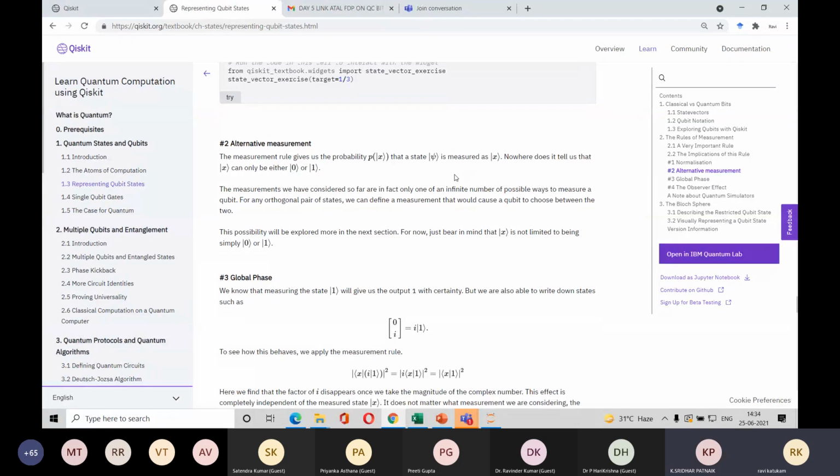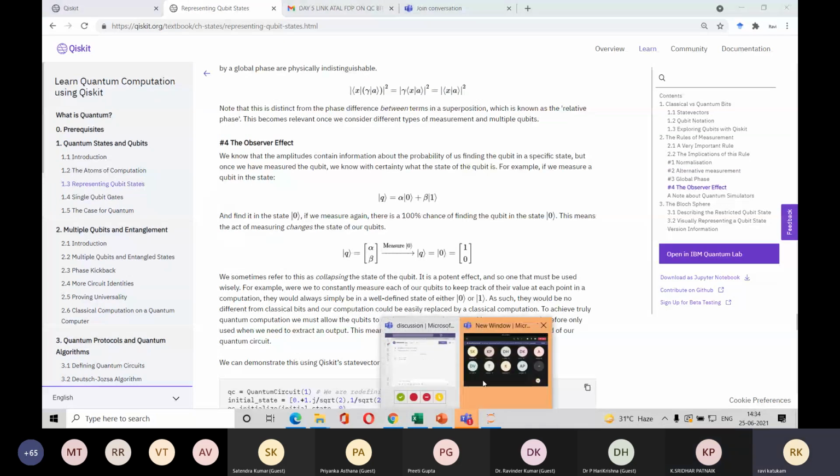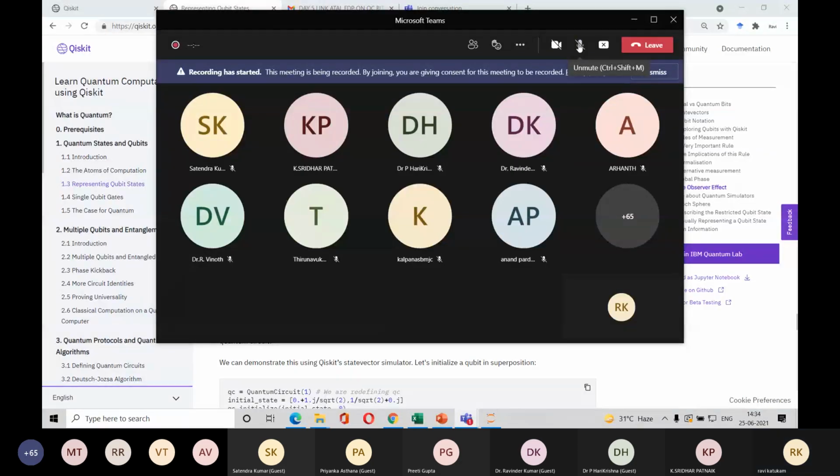That's what this measurement... Sir, there is some noise coming from your end, sir. Okay, let me close the door. Just a minute. Okay, so